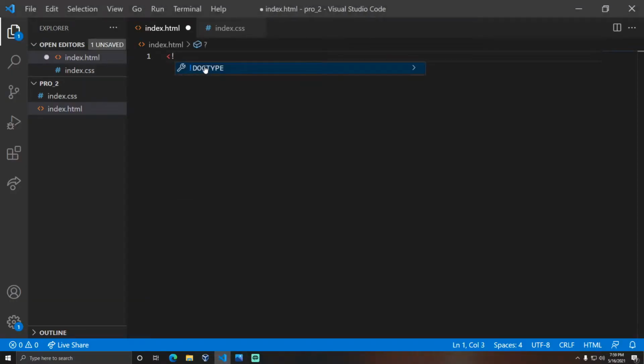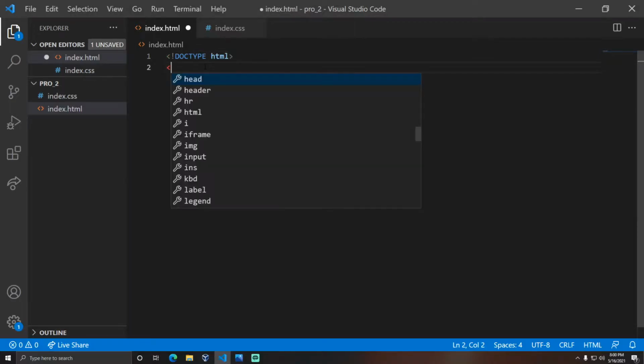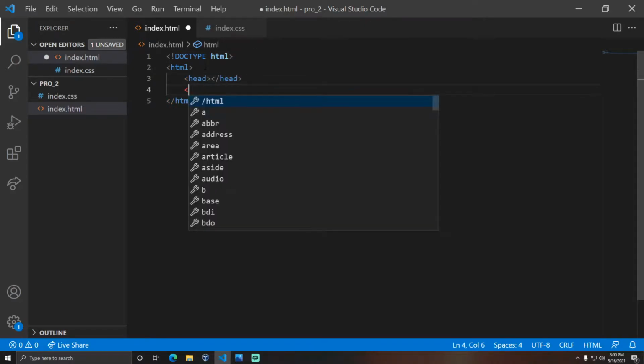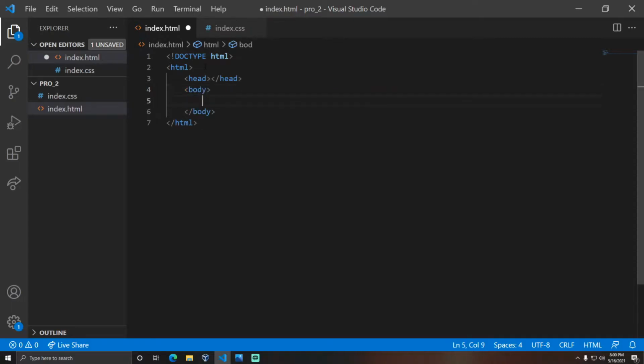So all of you know the basic HTML structure. First we are going to fill that up, and you need to write the body section in it. This is a basic HTML structure that we already saw in the last video, and in the head section we are going to link our CSS file using the link tag, followed by the rel attribute, saying that the file I am going to link to this HTML file is a stylesheet type.